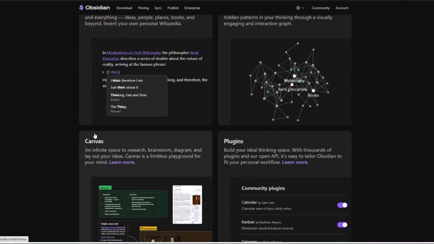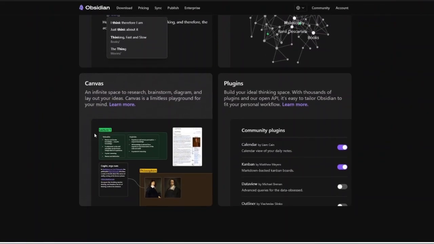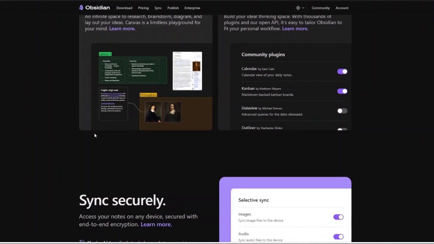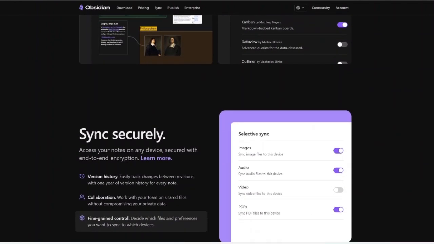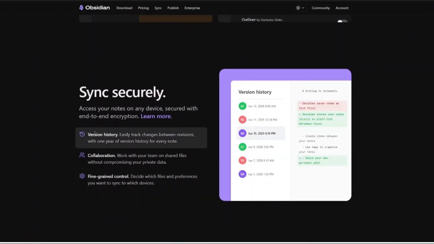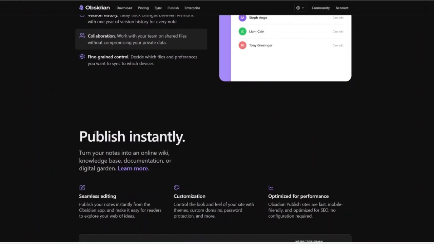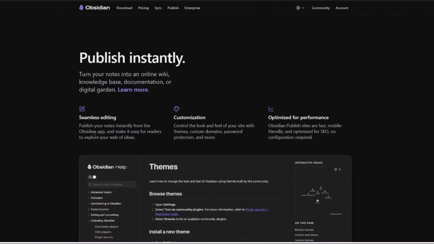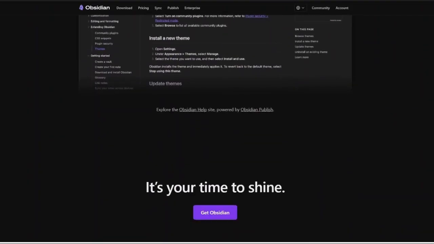What truly makes Obsidian special is its focus on creating a personal knowledge network. Instead of treating notes as isolated documents, Obsidian allows users to connect ideas through backlinks and visual graph views. For researchers, students, writers, developers, academics, and knowledge workers, this creates a second brain system where ideas become interconnected over time.